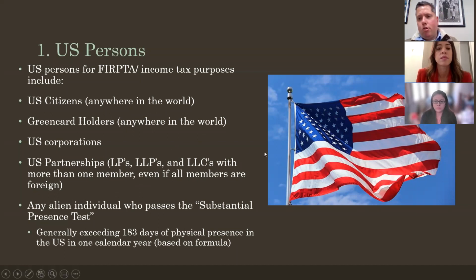The second one is green card holders. They're pretty much treated the same as U.S. citizens in terms of income tax, FIRPTA, what have you. And you'll see it later on. So the benefit of U.S. green card holders, even if they've lived outside of the country for a long period of time, and some do, even though they're technically meant to be living here permanently, for FIRPTA purposes, they're still considered U.S. persons because they're still considered U.S. persons for income tax purposes. They also always have to file an income tax return.